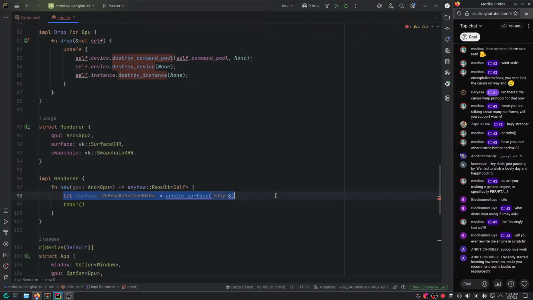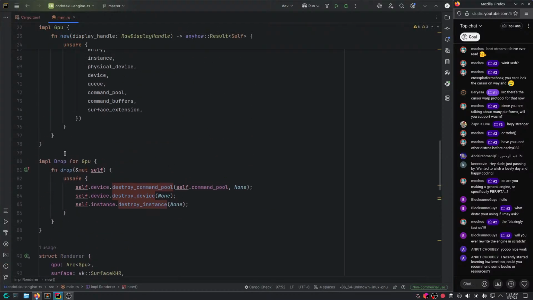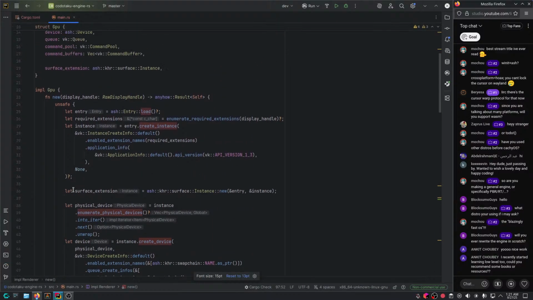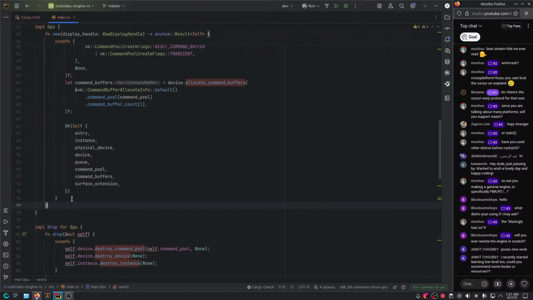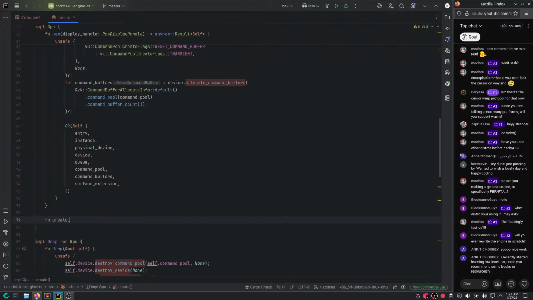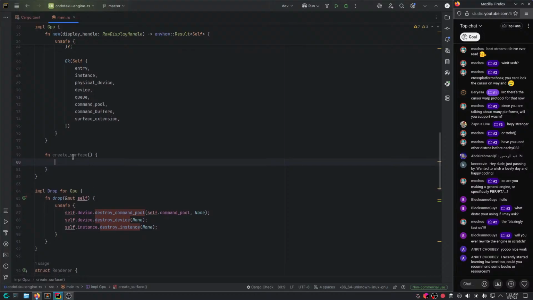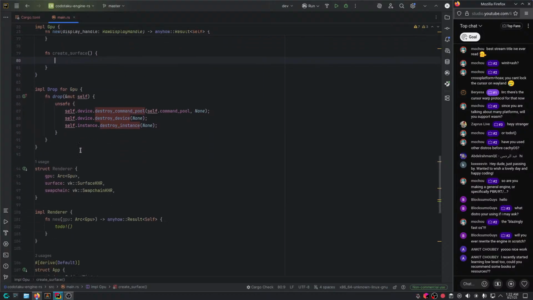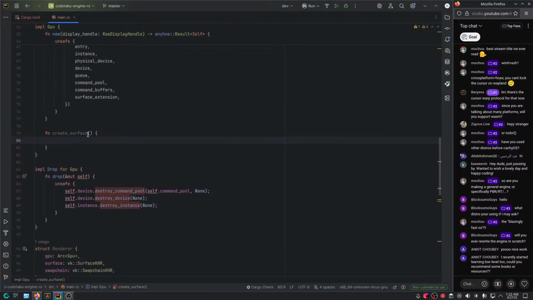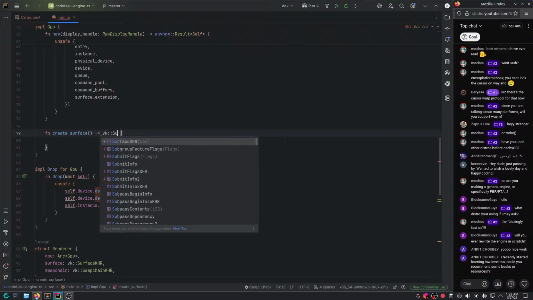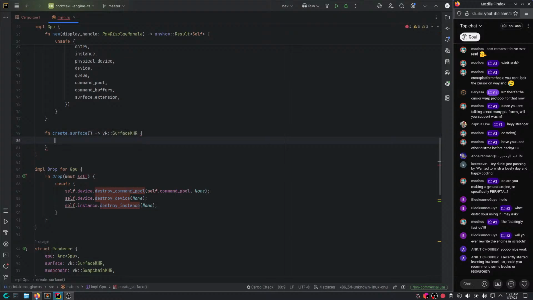So honestly, let's make a function here in the GPU itself for creating a surface. So fn create_surface, really, and let's see how it goes. So I guess this would give us back vk::SurfaceKHR, I believe.